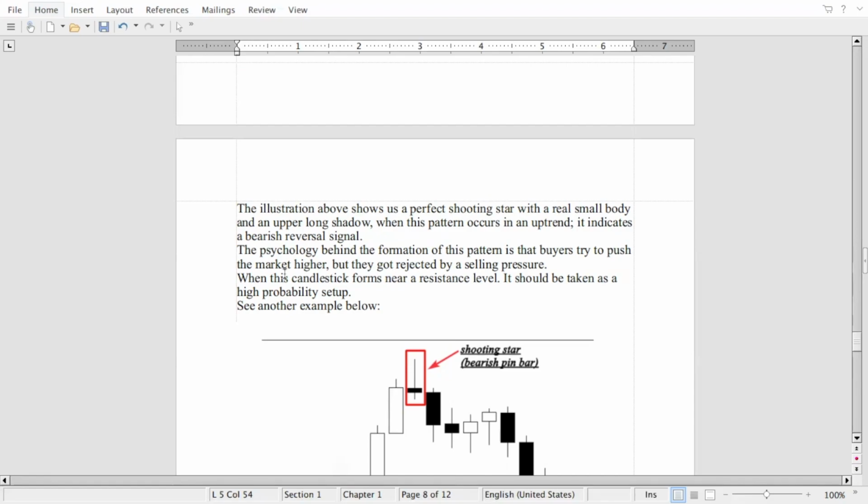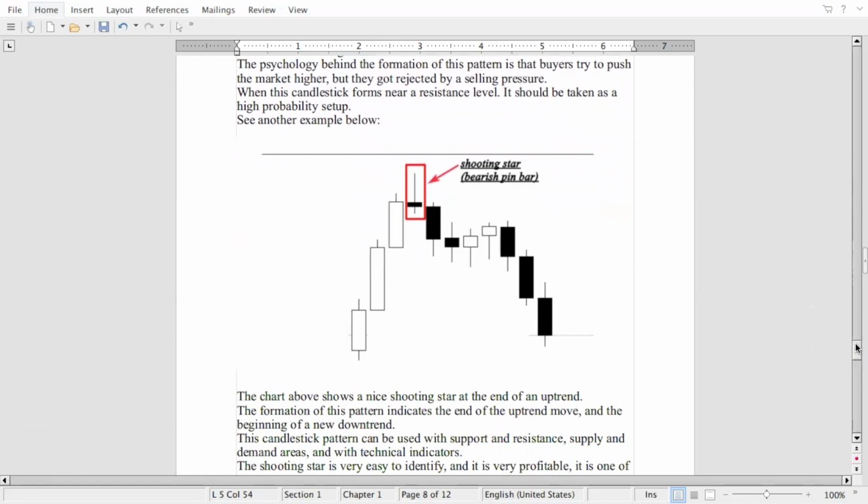When this candle forms near resistance, class, come on, can you listen to that? Mostly it forms on the resistance. It should be taken as a high probability setup. Normally you'll find that the market is going down. And if you see this example, if I go a little bit down, you see it, as I said,